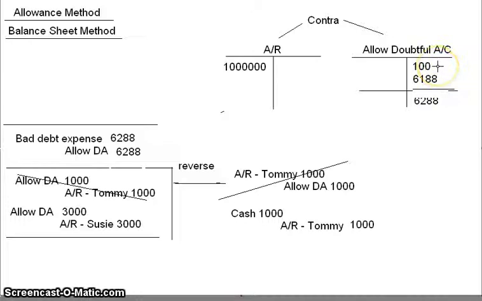So you'd have $100 in here that may have rolled forward from last year, plus $6,188 would give you the balance that you want of $6,288, which means that these amounts would change right here. They would also be $6,188. So with the balance sheet method, you have to care what was in there to begin with. Now, that's pretty much it for the main discussion on this, but there